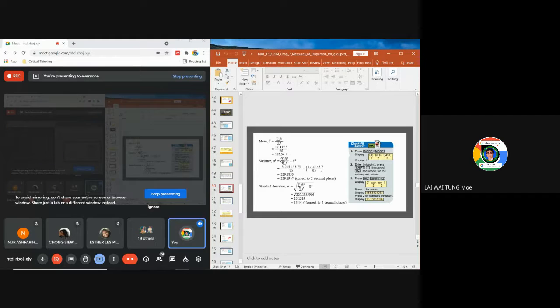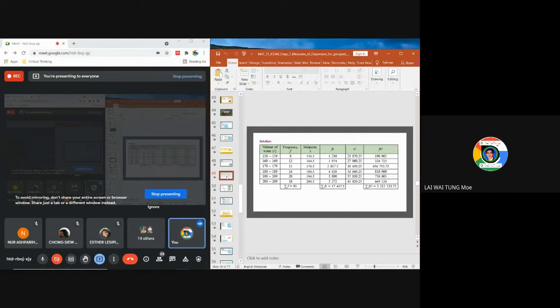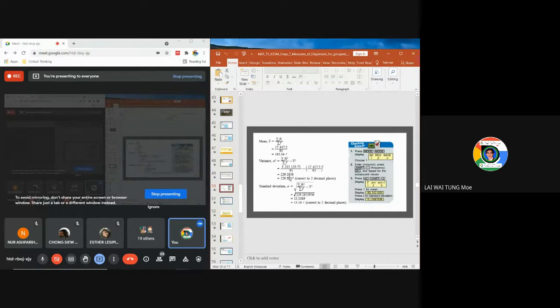So I'm not sure because this year is the new syllabus, and the SPM has not had an exam yet. I'm not sure whether the marking scheme will be different from the previous one, or whether they have a new marking scheme. So to play safe, it's better for you to construct this table instead of just moving to this calculation, because we don't know whether the marking scheme is different. From my experience,